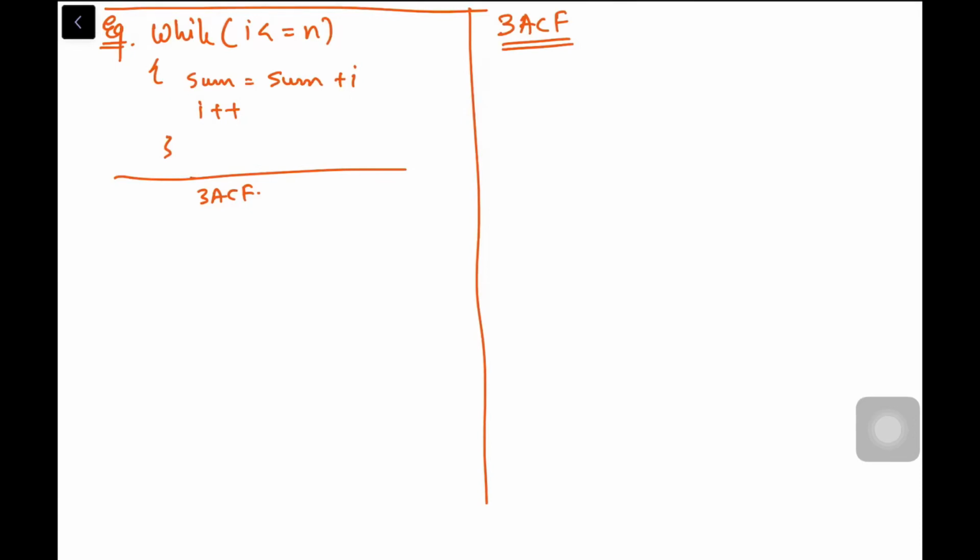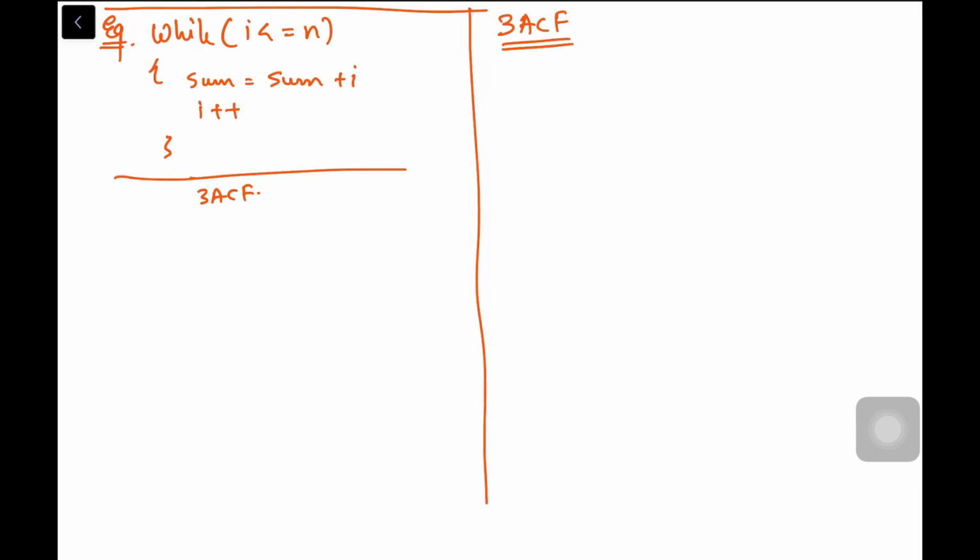In the last lecture, we have done three address code format with two examples. Both examples were of if condition. We are starting with the next example in today's lecture for a while loop. I hope you must have tried the while loop and a for loop. Then also I will do it again, and I will also do one exam question which came for 5 marks in the last regular paper.